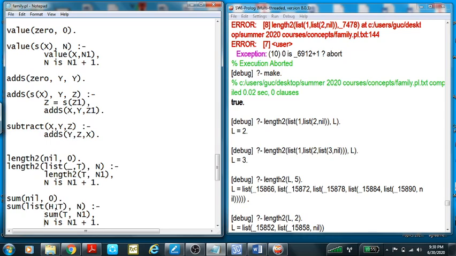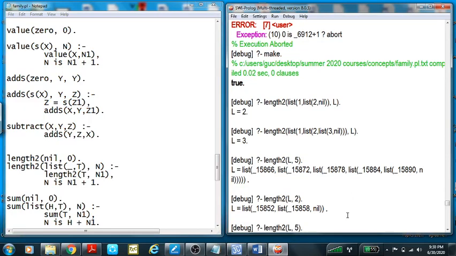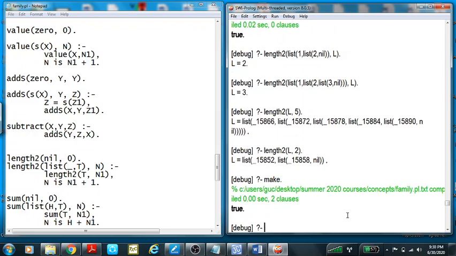Then in this case the n will be equal to h plus n1. Okay, thus once we compile, we first of all load this one, and